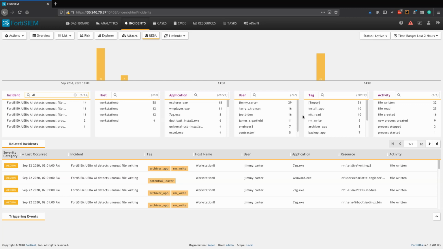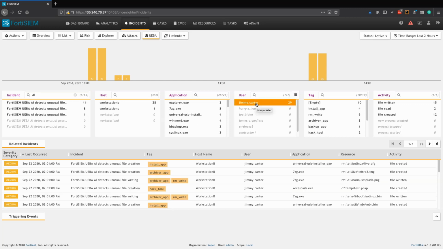And when I then start to drill down into more information, let's have a look at Jimmy in particular. I quickly filter here, and this dashboard dynamically links together the different resources and telemetry so that I can see that Jimmy has been involved with these applications. We've also seen Jimmy on a number of workstations, and the actual alerts themselves are unusual file writing, creation, and